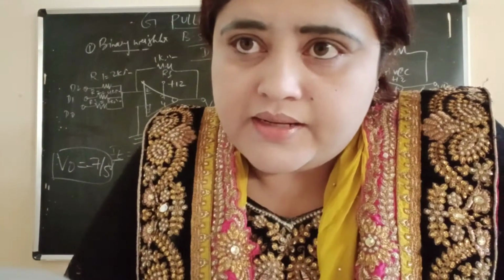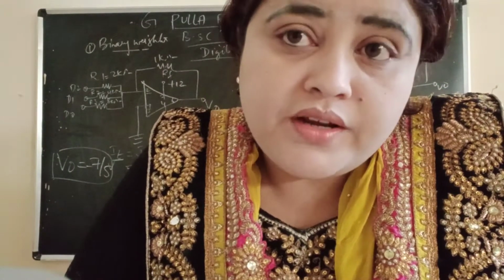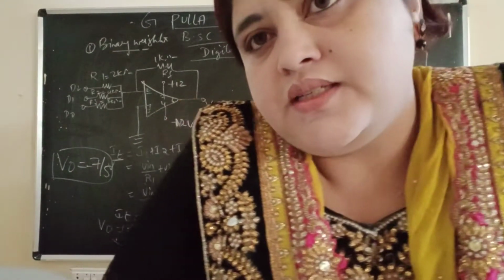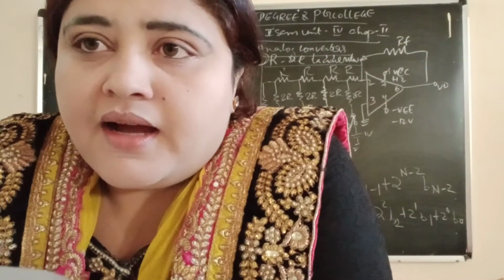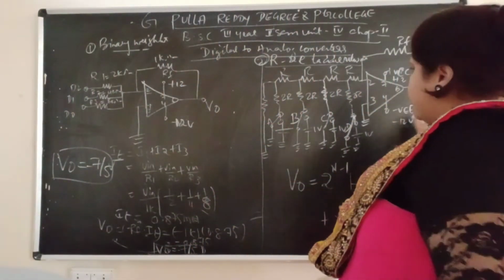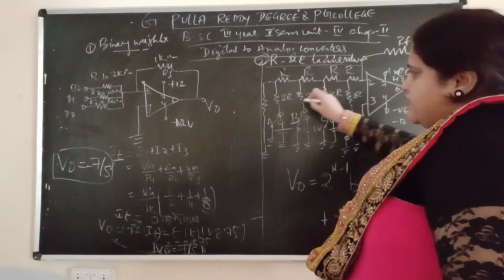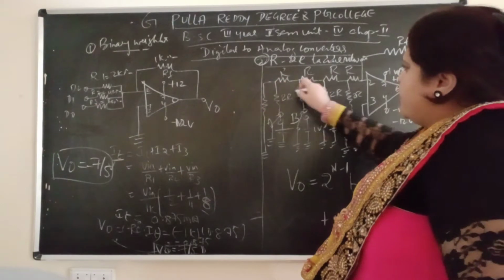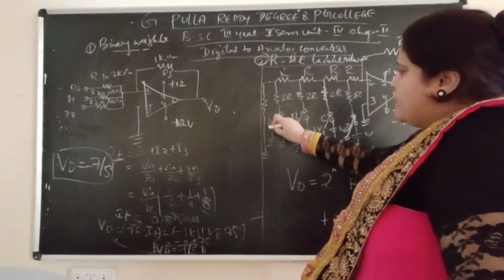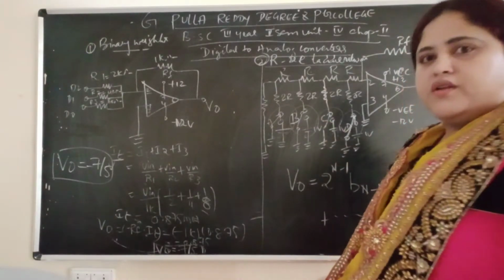In this R-2R ladder network method, we give the digital inputs. Those digital inputs again will be converted into the form of voltage. Voltage means analog. How it converts into analog voltage, we will see in the R-2R ladder network method. Again we have taken an op amp, with R and 2R resistor values. We have taken 4 inputs, switches A, B, C, D. These are the 4 switches.